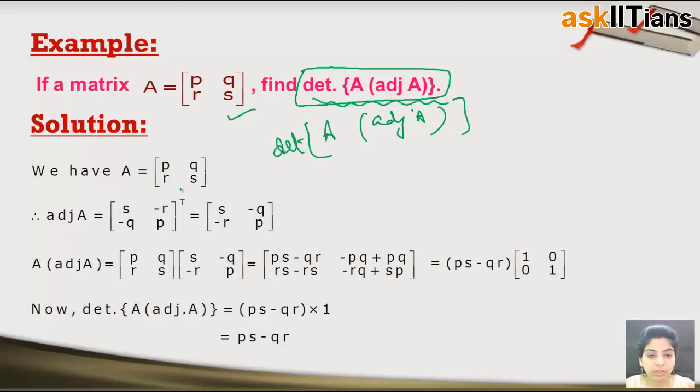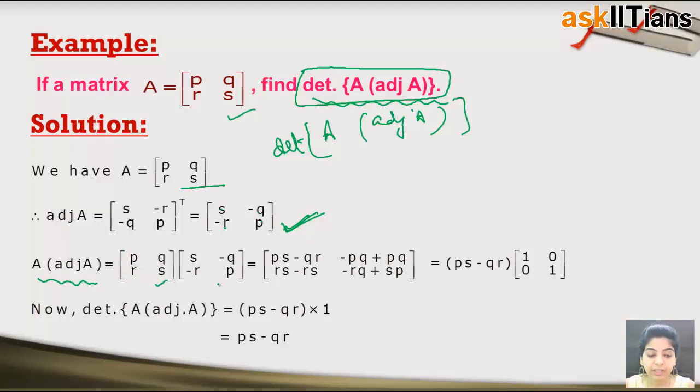So I write down A as this, then I have adjoint A. I have already told you this is a 2 cross 2 matrix, so just interchange your main diagonal elements, that is S P we get, and then negate the rest of the elements. So minus Q, minus R, you directly obtain, within seconds you can obtain this adjoint A, right? So in these sort of questions, do use this form only, don't go the long way, because in competitive exams you not only need to know the concept, but you also need to maintain your speed, right?